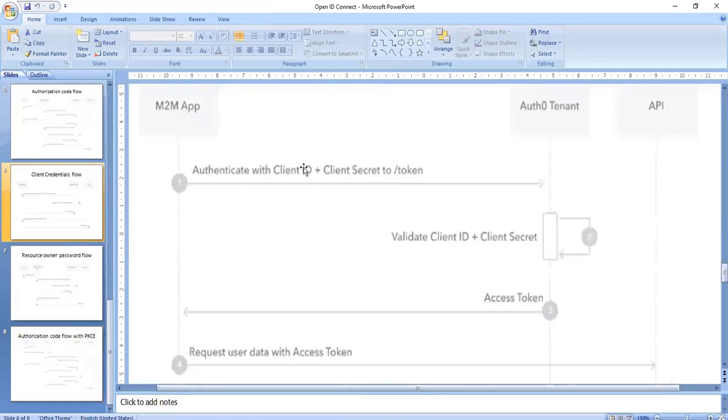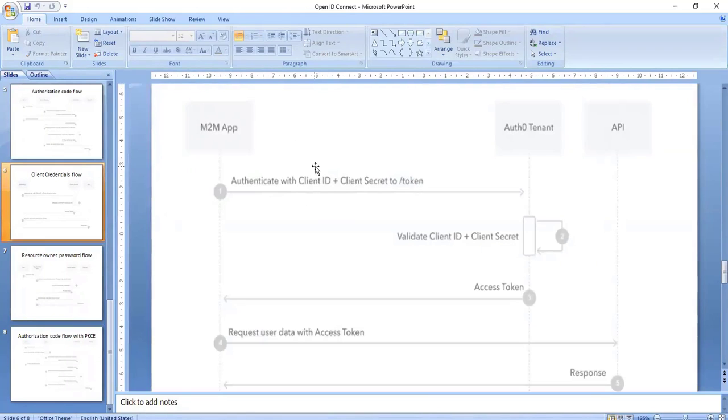OK, now let's start with the client credential flow. What is the purpose of this client credential flow and when will it be used? Let's take an example where your Okta is going to talk with another application, which means there is no human intervention in the middle.